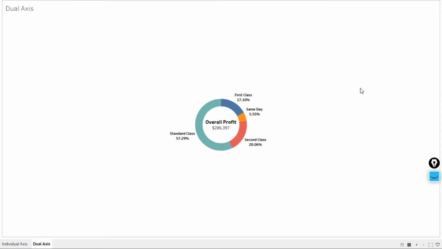So this particular donut chart couldn't have been created unless we were able to mask this circle inside the pie chart. So that is where